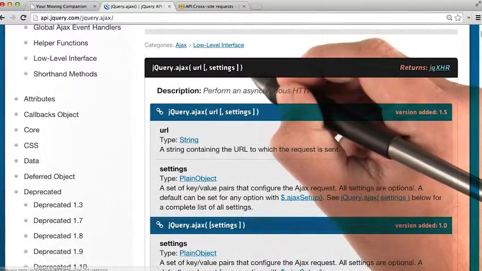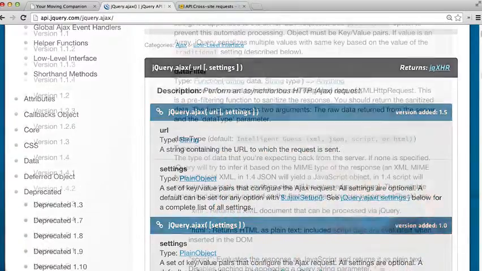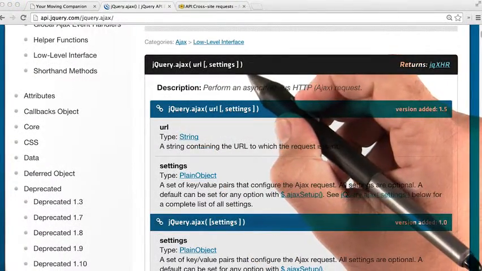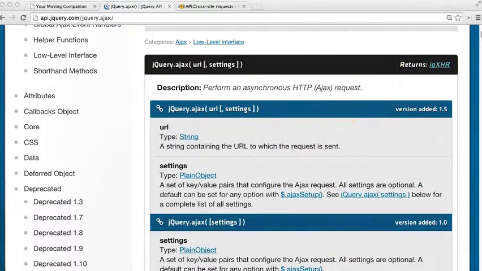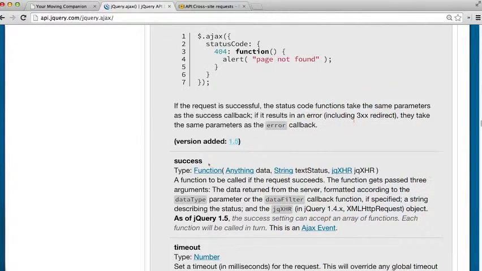You'll need to include a few parameters inside your AJAX request. There will of course be a URL. You'll need to include a data type. Notice too in the signature that we don't have an optional success function parameter. Instead, you'll have to set it as a property. Make sure your success parameter is set to a function that you want to run when the request is returned successfully.